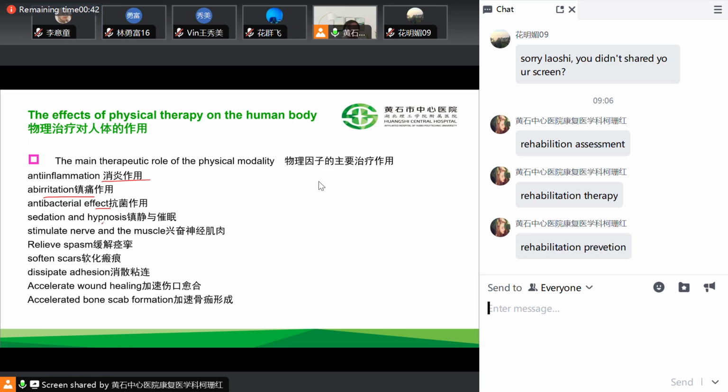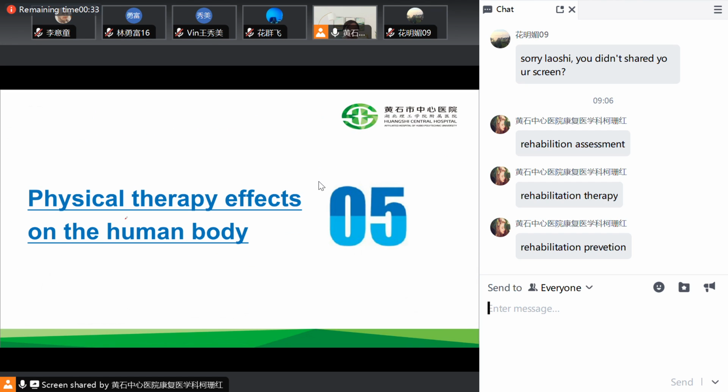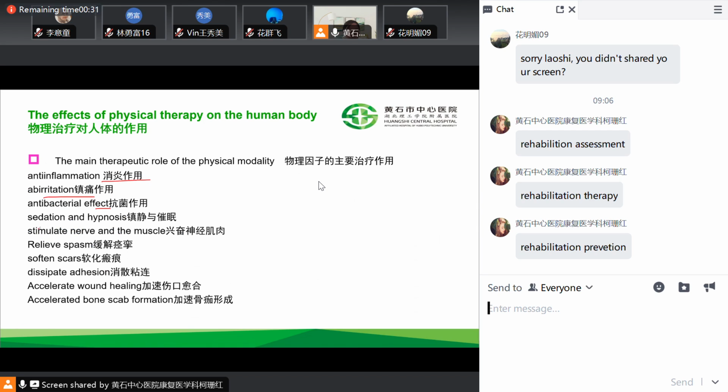And the sedation and hypnosis, such as magnetic therapy, and stimulating nerves and muscles, the electrotherapy. Relieve spasm and soften scars, the ultrasound therapy. Dissipate adhesion, also the ultrasound therapy. Accelerate wound healing and accelerate bone gap formation, that is the magnetotherapy. And this one is